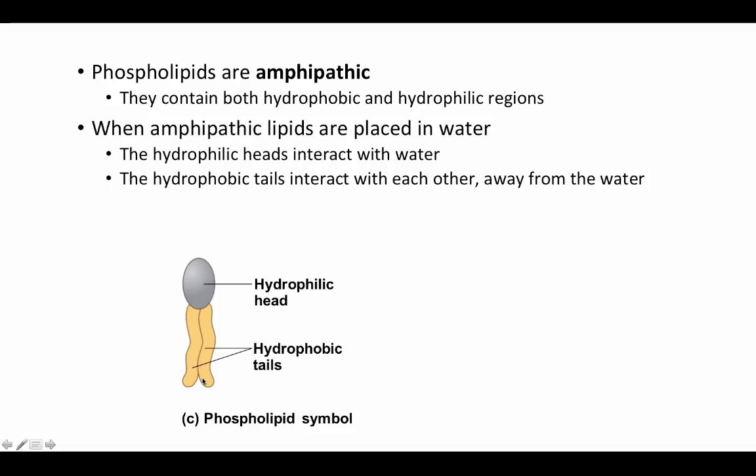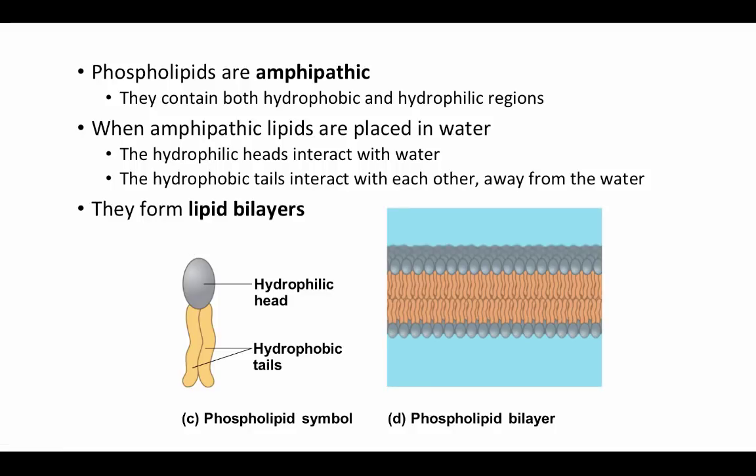So the hydrophobic tails are going to interact with each other just by virtue of the fact that they're being excluded by all of these polar regions, and they're going to tend to get away from the water. It would be more correct to say that the water is getting away from them because it wants to be with the other polar molecules. It's attracted to the other polar molecules. And so because of this exclusion of the hydrophobic tails from the hydrophilic regions, they're going to spontaneously form lipid